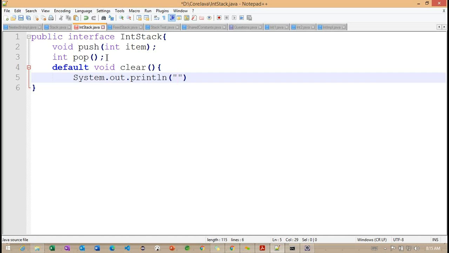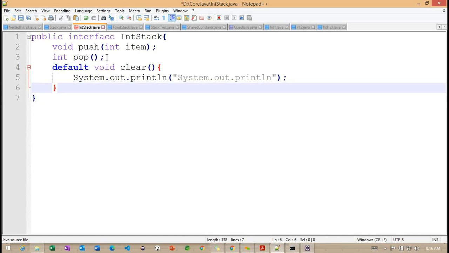But here we need to understand one more important point. This particular fixed stack is already implemented. Already it is implemented, but after implementation also we are writing one more method. Basically, in abstract classes, if I add any method, we need to change our structure here. Wherever the classes are implemented, we need to write the abstract method. But when we come back to the default method, we don't want to change the existing code. So imagine the fixed stack object is already implemented and it is running properly.